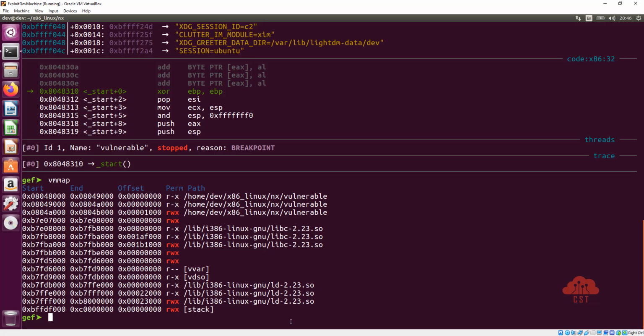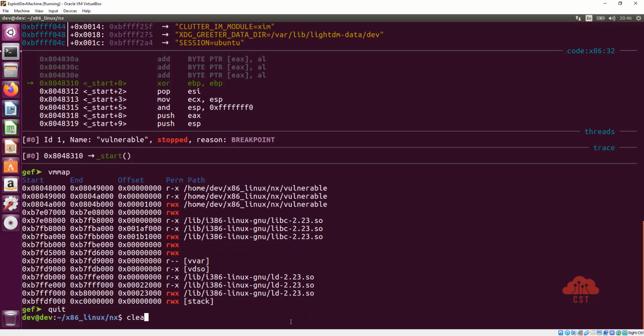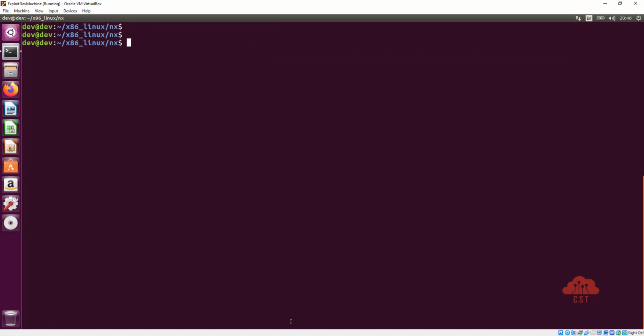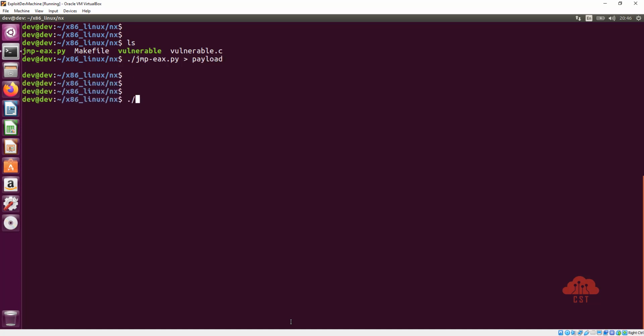Now let's quit this GDB session and let's just double check that our jump EAX exploit works fine with this vulnerable binary. So let me produce the payload. And let's run the vulnerable binary, and if everything goes well, we should get a shell. Let's hit enter, and there you go. So this confirms that the jump EAX exploit is still working fine. So let's quit this shell